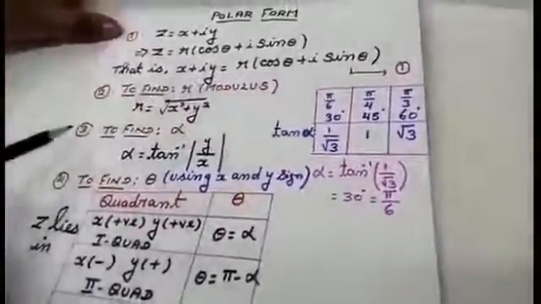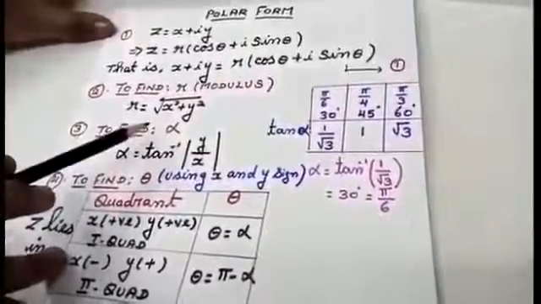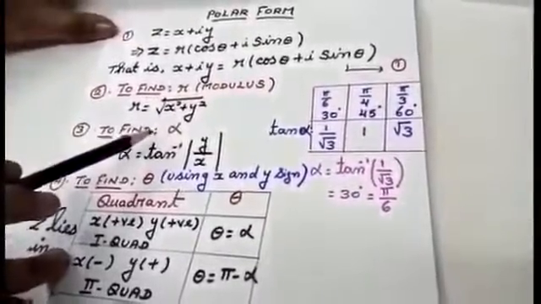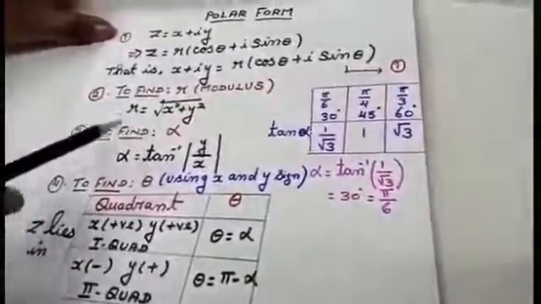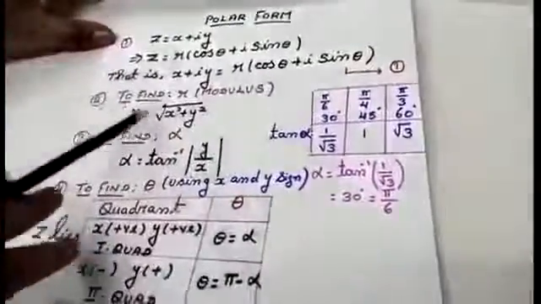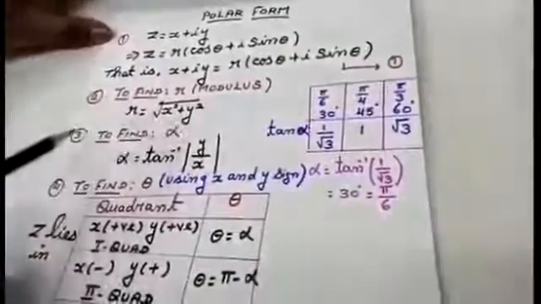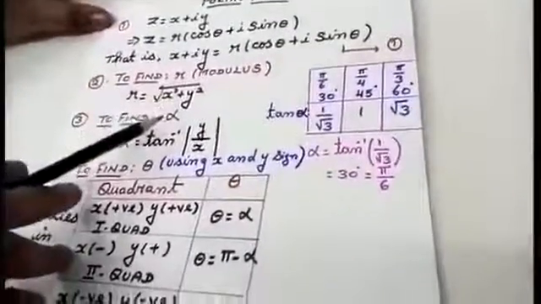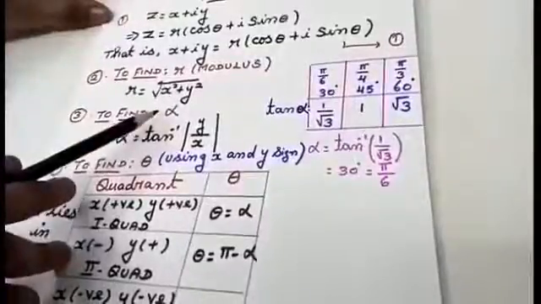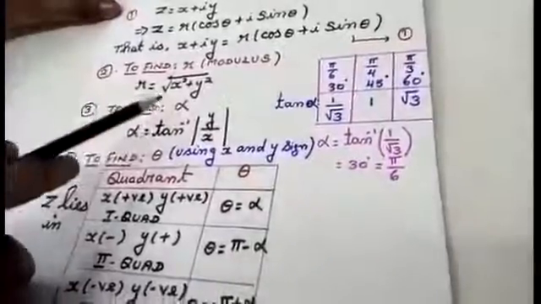Third step. Before finding theta, I am going to find alpha. I am not telling you more, just for your understanding I am only using the notation, students. That is, third, I am going to find alpha. What is the first step? First, I am writing the question as r cos theta plus i sin theta. Second, I am finding r using this formula, root of x square plus y square. Third, I am finding alpha. This alpha is not given in your question, so keep this in your mind. Before finding theta, I am going to find alpha.